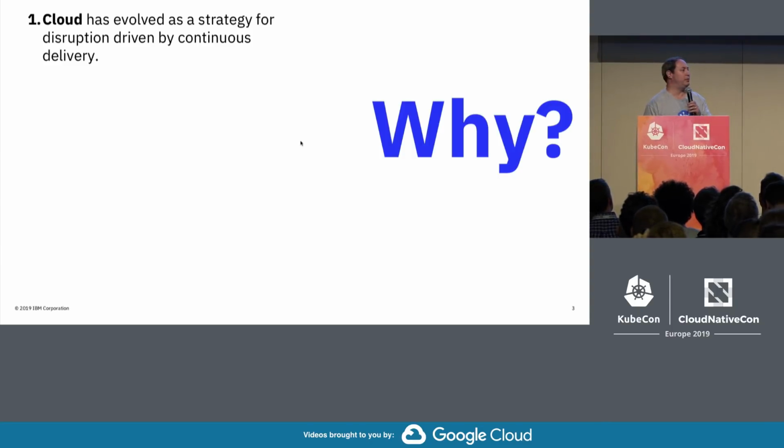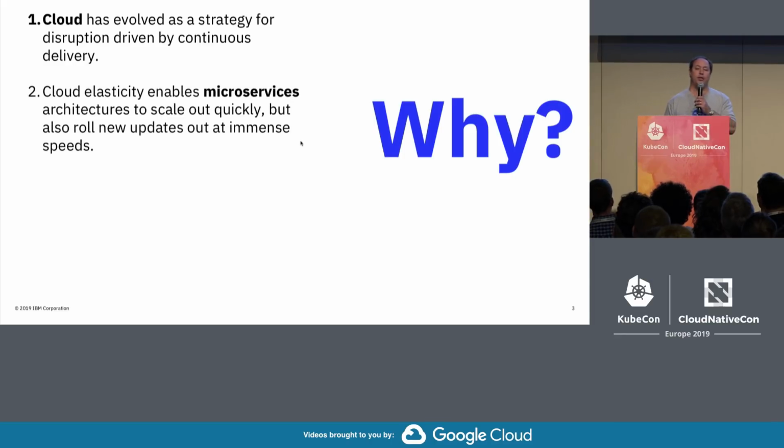We all know the great examples that we see. Small little businesses like Uber and Airbnb start small. They're able to scale up quickly on the cloud, and they're able to disrupt complete industries. So a lot of power in this cloud stuff. And with the cloud enabling microservices and architectures to scale out quickly, we can roll out new updates